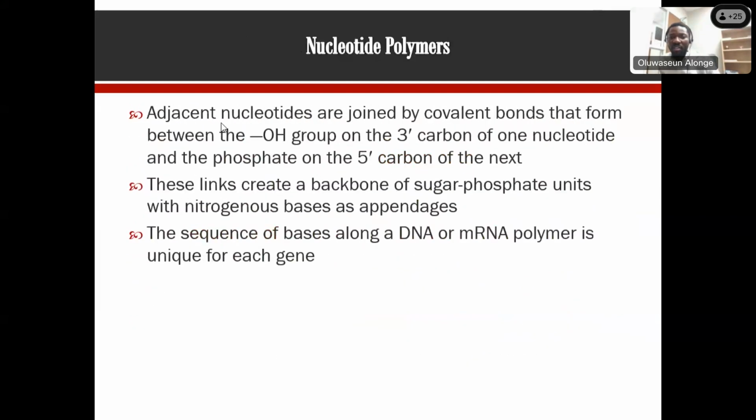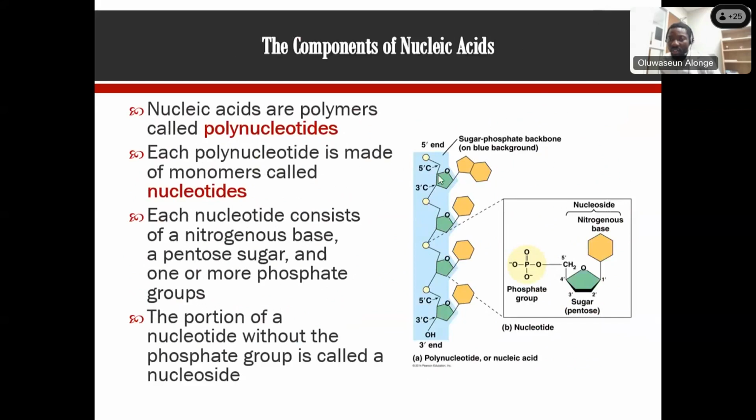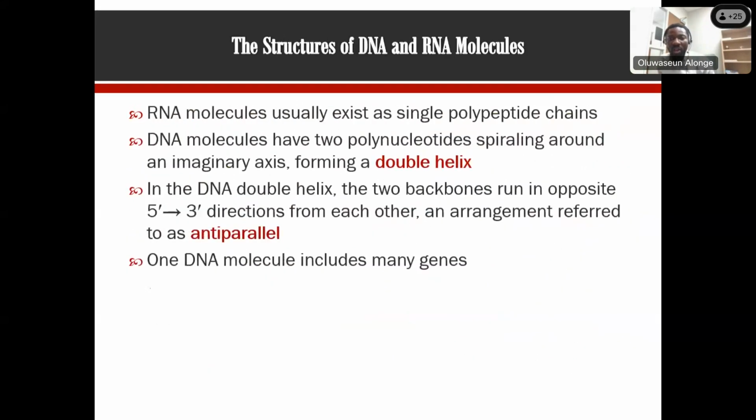All right, so these links create a backbone of sugar-phosphate units with a nitrogenous base appendage. So what you see as the main structure, if you look at this now, is that the main backbone is sugar and phosphate. The nitrogenous bases are attachments. The main backbone of DNA is sugar and phosphate. Nitrogenous bases are the attachments. All right, so